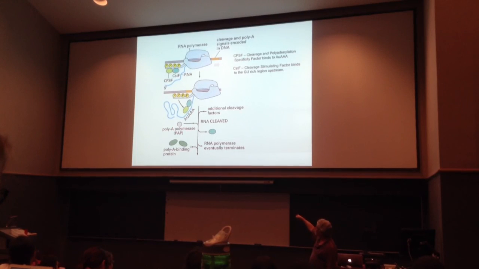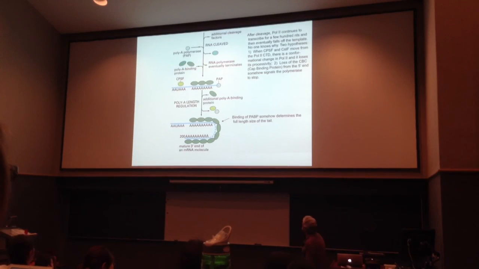As that poly A polymerase makes that long poly A tail, there are proteins in the nucleus called poly A binding proteins, PABP. The poly A binding proteins start to bind onto that poly A tail that's being made. Here's a picture of it. Here's the poly A tail. There's the CPSF that recognizes AAU-AAA. The cleavage stimulating factor